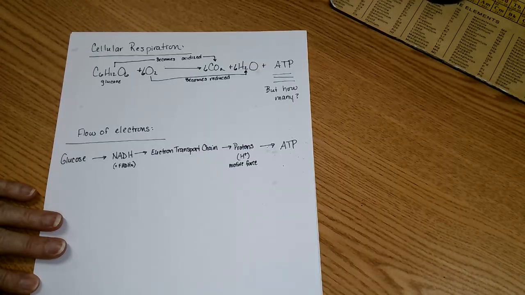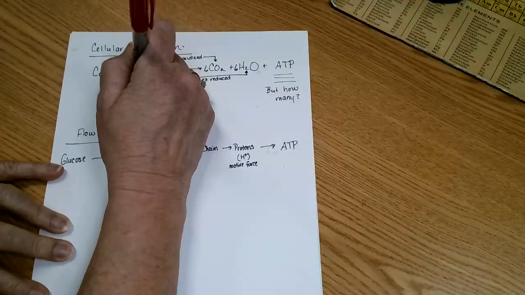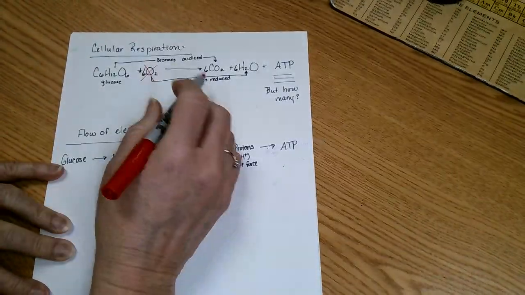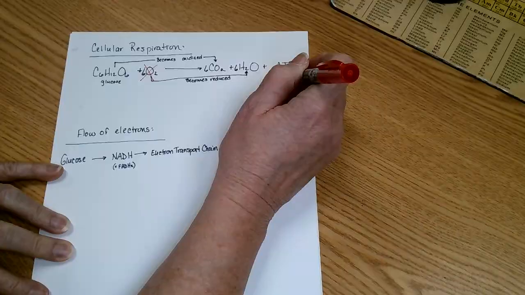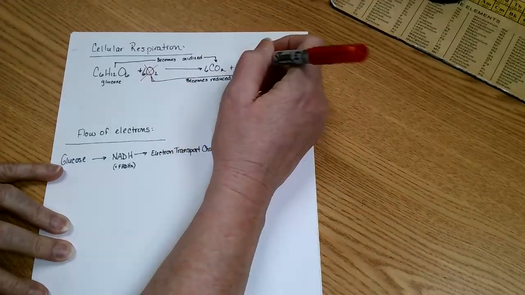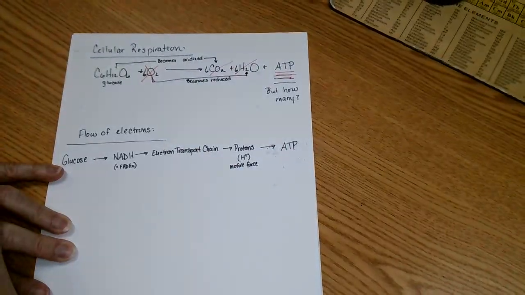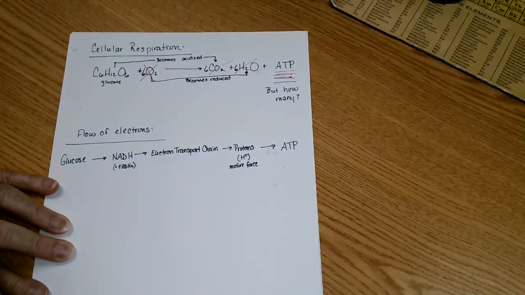So we're not going to see so much of a flow of electrons in anaerobic respiration. And you know why? We don't have oxygen there at the end. Remember in oxidative phosphorylation, we had the oxygen pulling all the electrons through. Well, if oxygen's not there, what's going to happen? If we don't have oxygen here, we still want to make ATP, okay? Will we still make carbon dioxide and water? Not too well, okay? We're going to cross them out. But we are still going to break down that glucose, and we're going to get a little ATP out of it. And how are we going to do that?